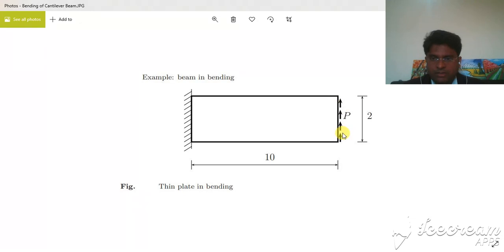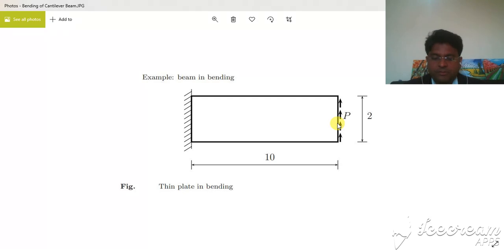subjected to some bending load, and that's the reason why you need to know how to calculate its potential energy initially, which is pi equal to U minus W, where U is the elastic strain deformation energy and the energy produced by the external force is given by the symbol W. So pi is equal to U minus W. That equation you have to use here for potential energy. And further you need to discretize the structure into a finite number of elements.